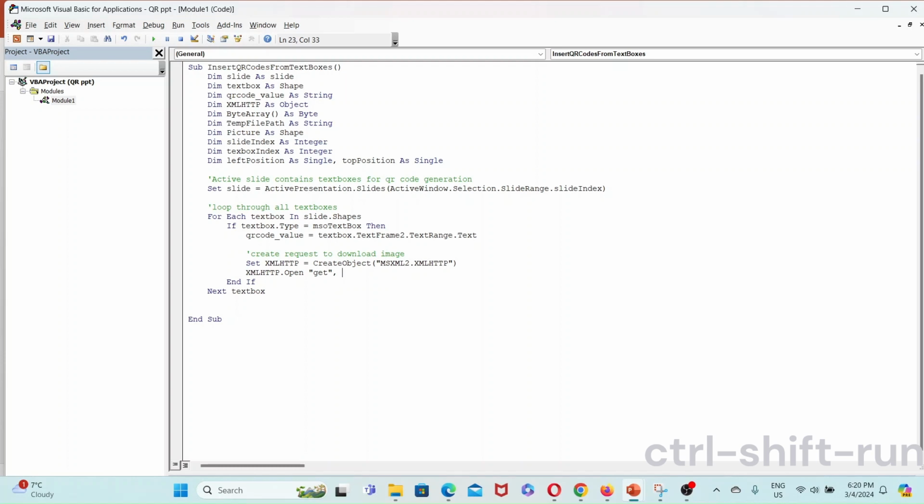and here we're going to pass in the URL. So the URL, this is similar to the Excel version. So we're going to use the Google APIs, HTTPS chart.googleapis.com/chart